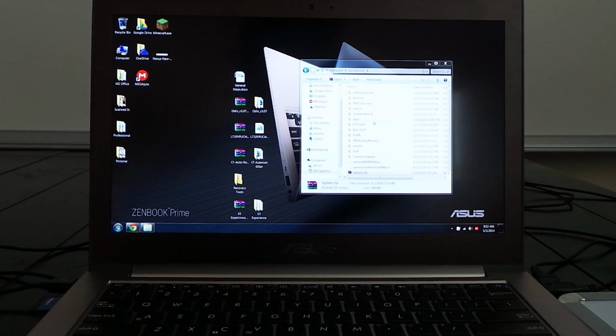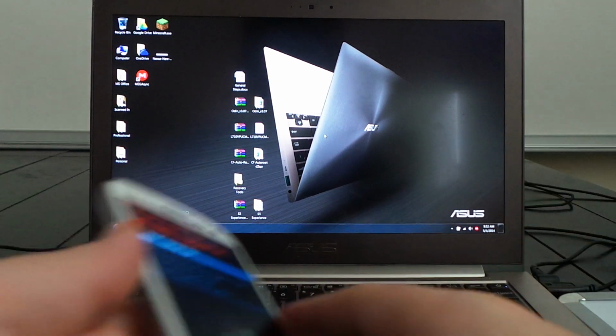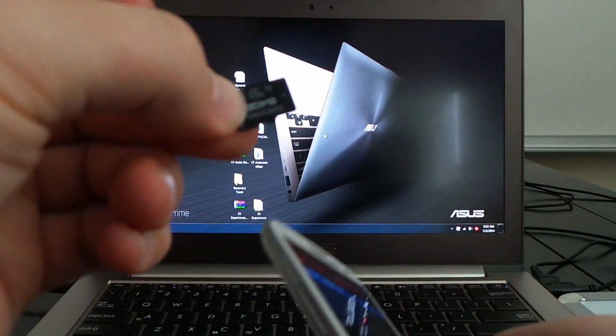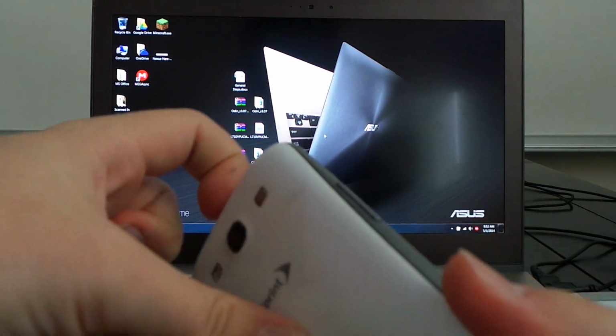Regardless, you want to put that on your... Actually, you don't need to. You will just need to have autoroot ready and the update.zip folder or file in your SD card. So we're going to undo it. My SD card, my back of the phone,